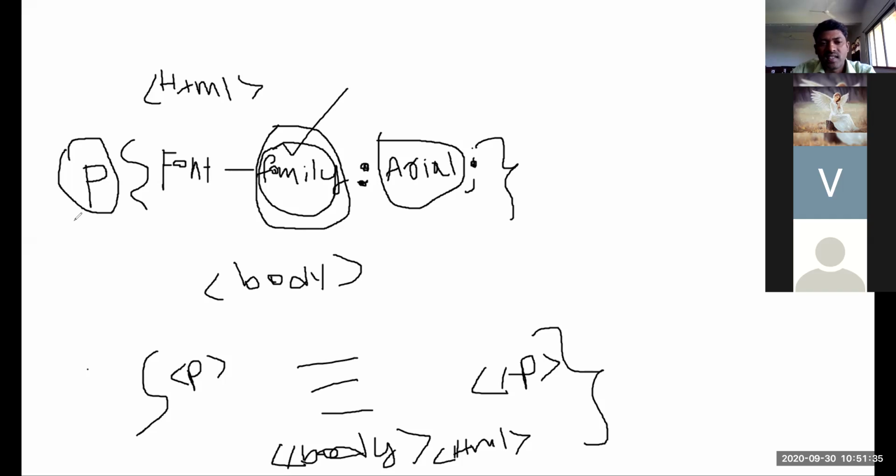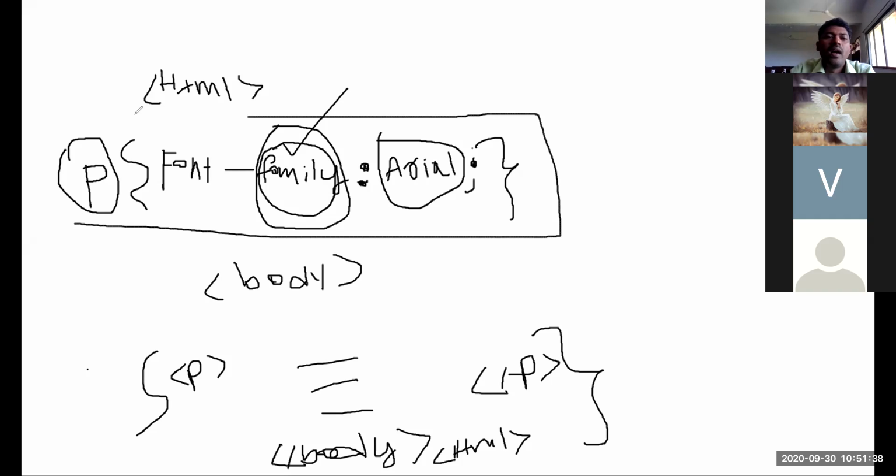So this is the syntax. You need to remember how to set font family, how to set font style for a given paragraph or for any kind of web page. Once I'll show you this one. Carefully observe all. Font family.